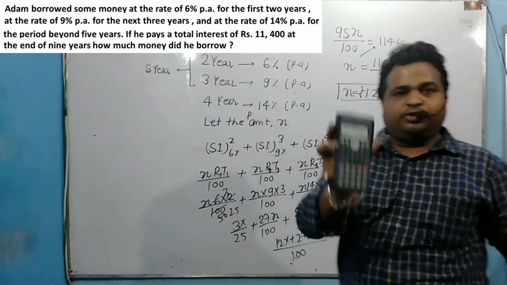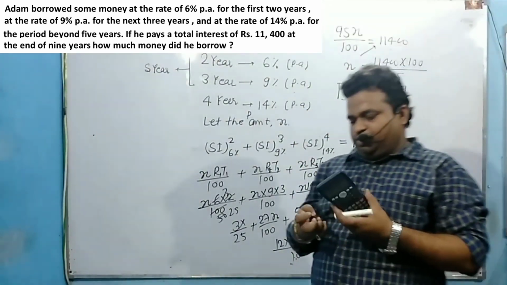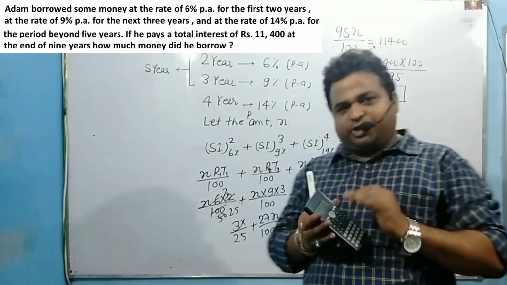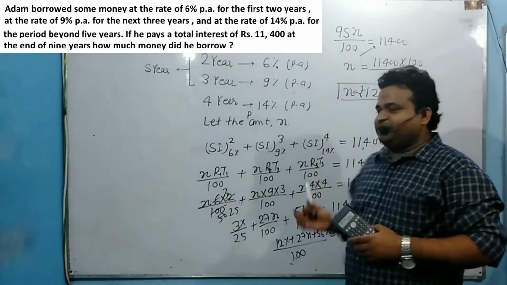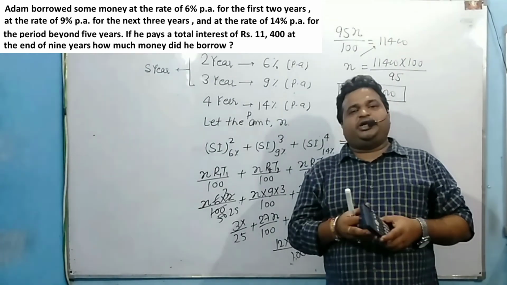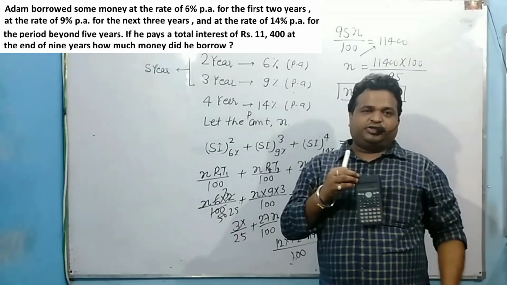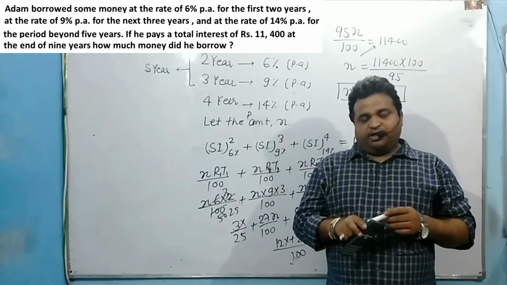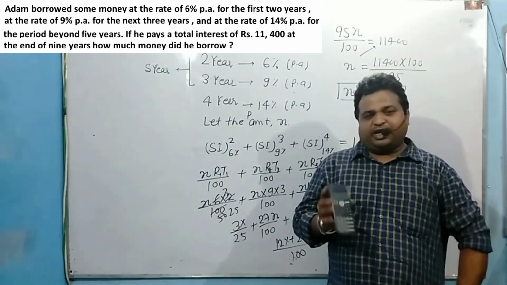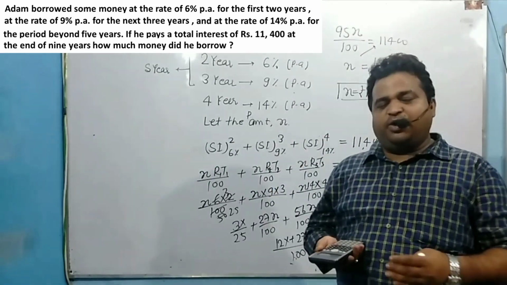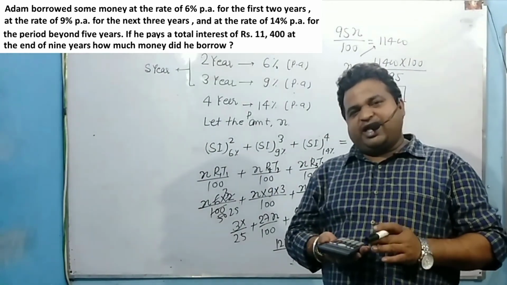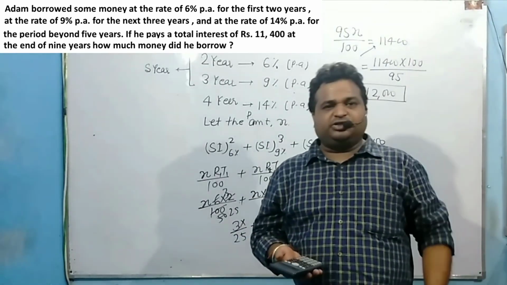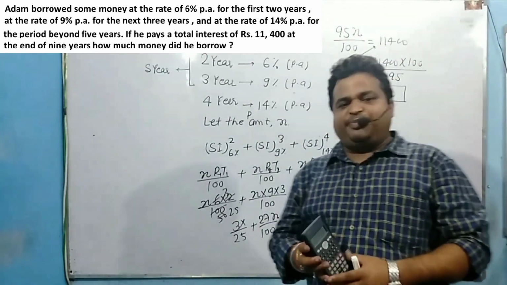So x value is 12,000. You can also use a calculator, how we put the value on the calculator to find out the solution. Most of the time students are not aware of how to use a calculator. So I request all of you to use the calculator in an effective way. Sometimes you have a calculator but you didn't get the answer because of wrong input. So we practice with this.